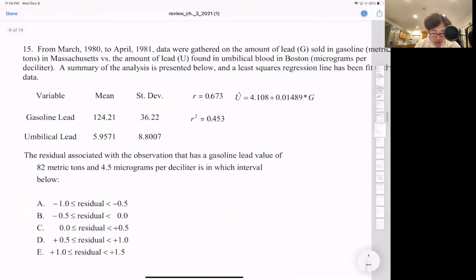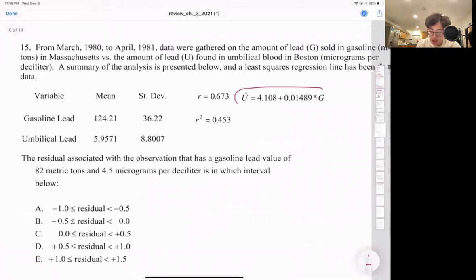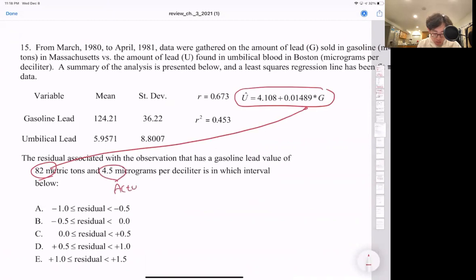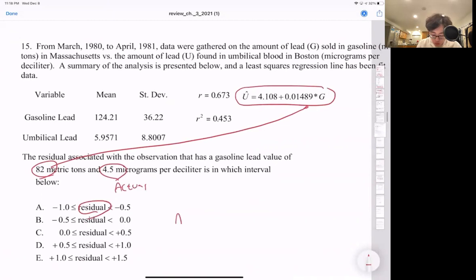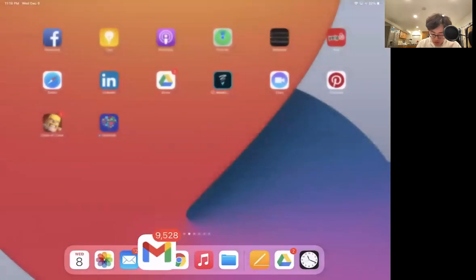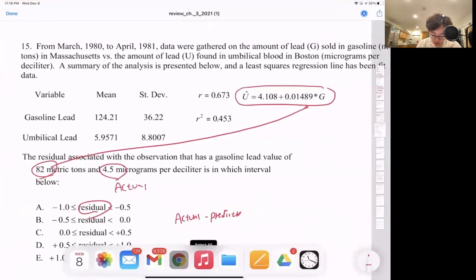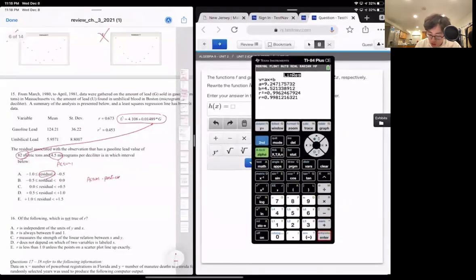Great. All right, so for the next question, we want to use this equation right here. You plug in 82 into this, and this is your predicted. Remember, if I want to find the residual, it's always actual minus predicted. So I'm going to go to my calculator here. 0.01489 times 82 plus 4.108. That's